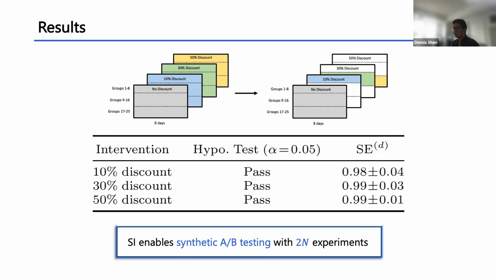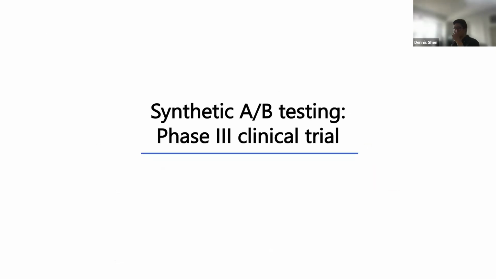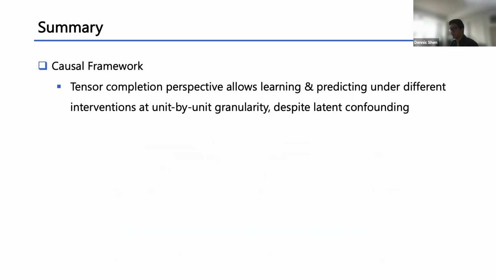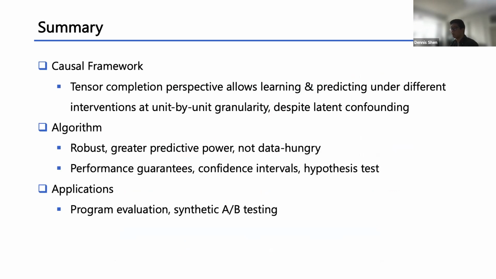And more generally, SI only requires each unit to undergo at most 2 interventions, independent of the number of interventions D, as compared to the D times N experiments needed in what we call an ideal A/B testing scenario. And as previously mentioned, this becomes more and more significant as the number of interventions or the level of personalization grows. And so I'll skip over this next case study and just jump straight to the summary of this